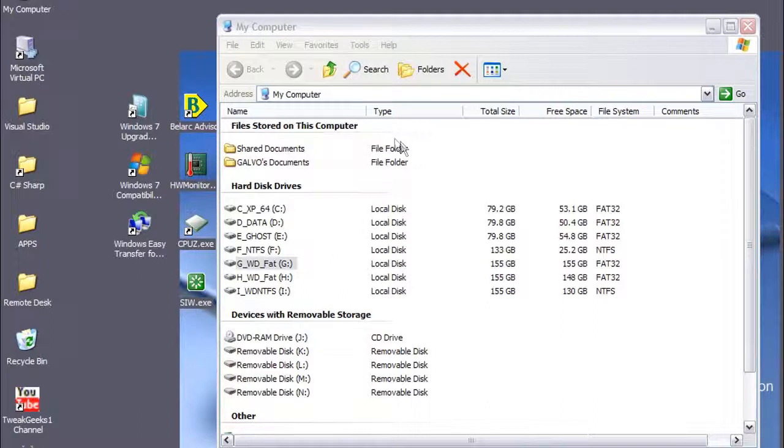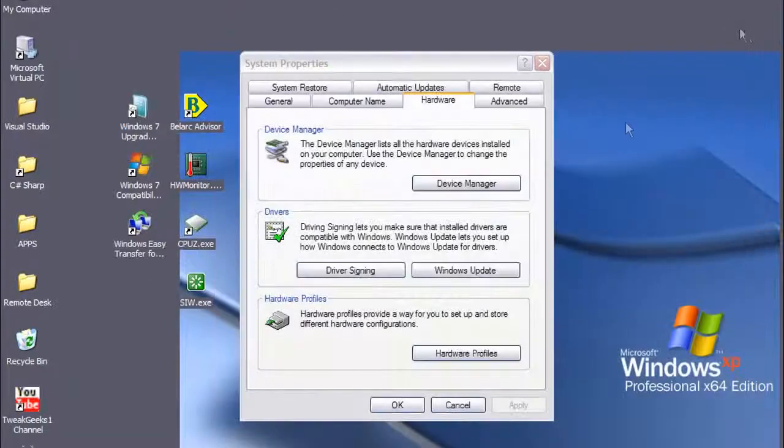Now, since we have to run a custom install anyway on this computer, we've decided to create a dual boot system where we're going to be able to boot into Windows XP 64-bit edition, or we're going to be able to boot into Windows 7. And that's really the best way that we can keep the functionality of this computer. So we'll close this, and we'll go back to our